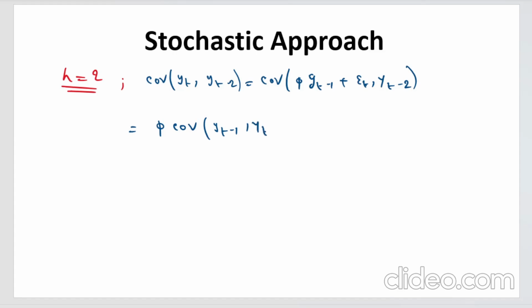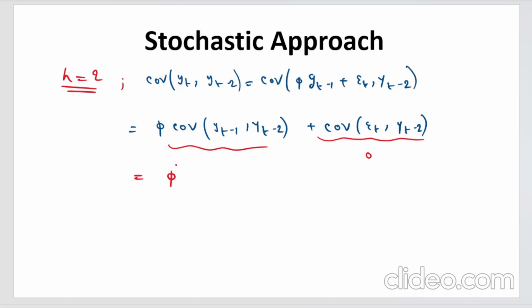Covariance of yt, yt minus 2. This is covariance of phi yt minus 1 plus epsilon t, and yt minus 2 as it is. So this will be phi covariance of yt minus 1, yt minus 2 plus covariance of epsilon t, yt minus 2. Now this thing, as I have mentioned, will be 0, and this term, if you simplify, will come out to be